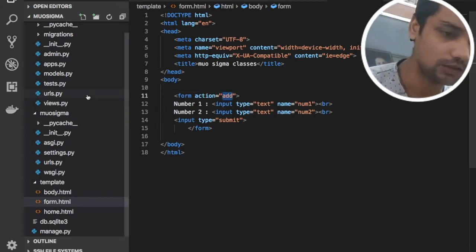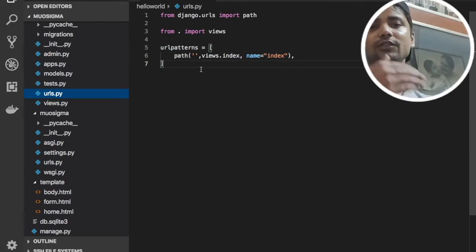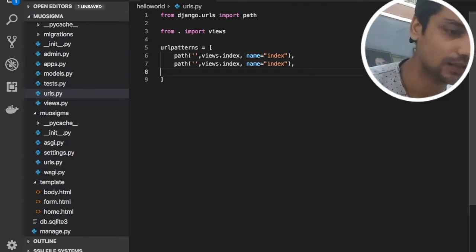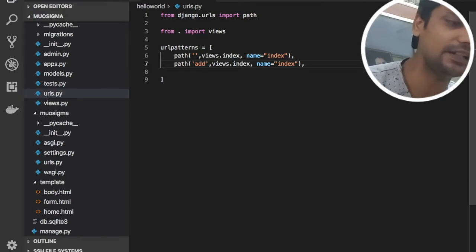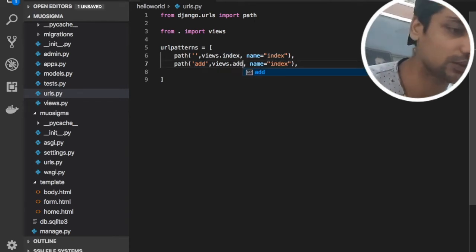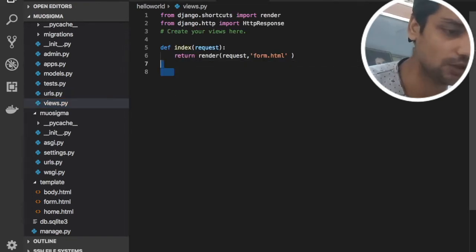This urls.py file, under your application, will read your path. Let me copy this and paste it over here. When this file reads that the path is add, it will call a function. So let's make the function add like this, and we need to make a function inside this view.py file.